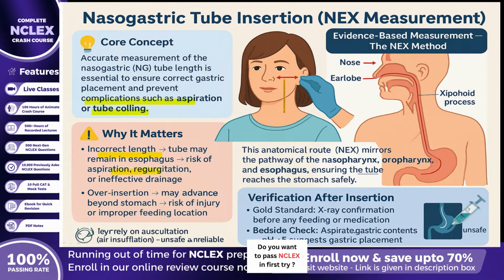The nurse begins by placing the tip of the tube at the client's nose, extends it to the earlobe, and continues down to the xiphoid process, the lower end of the sternum. This pathway mirrors the natural anatomical course of the nasopharynx, oropharynx, and esophagus, providing the best approximation of the distance to the stomach. Furthermore, it is essential to emphasize that after measuring and inserting the tube to this calculated depth,